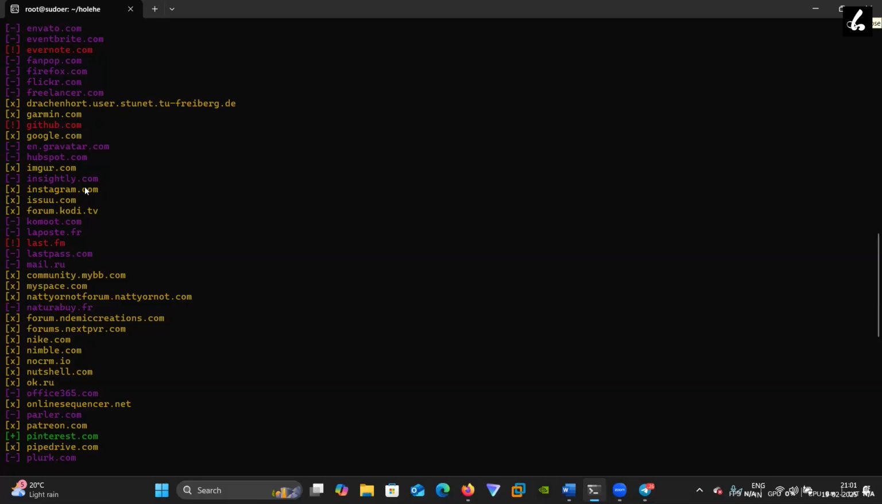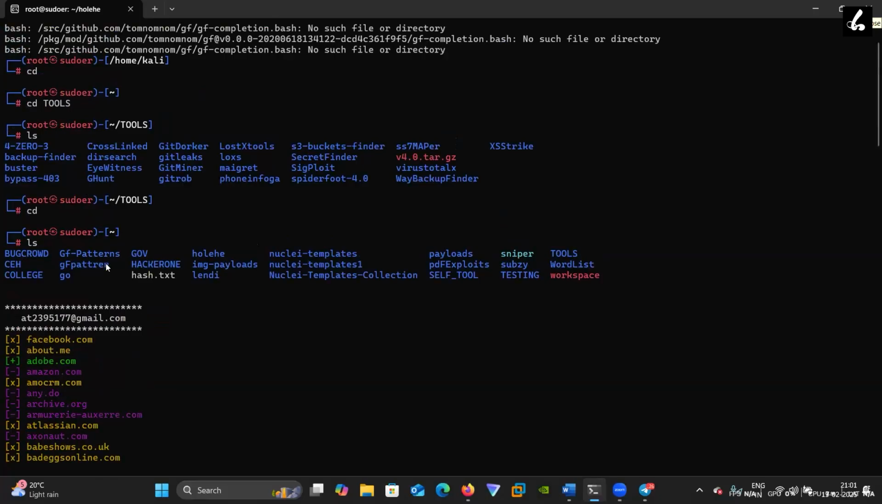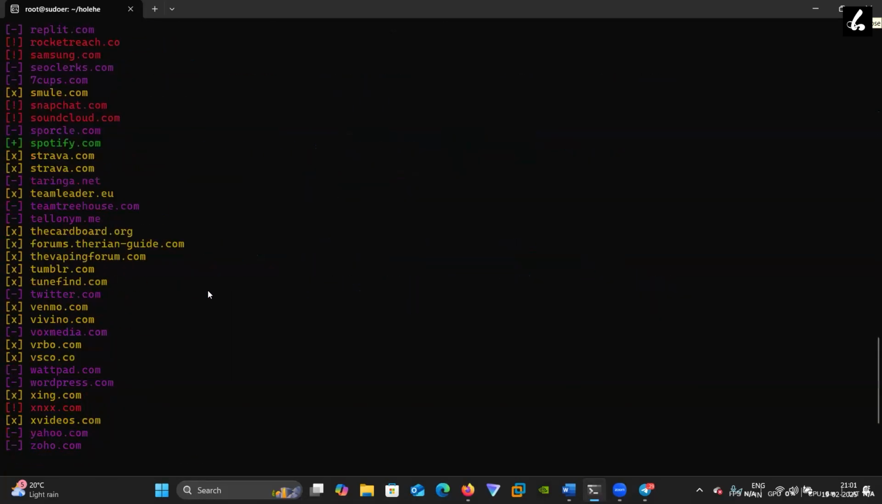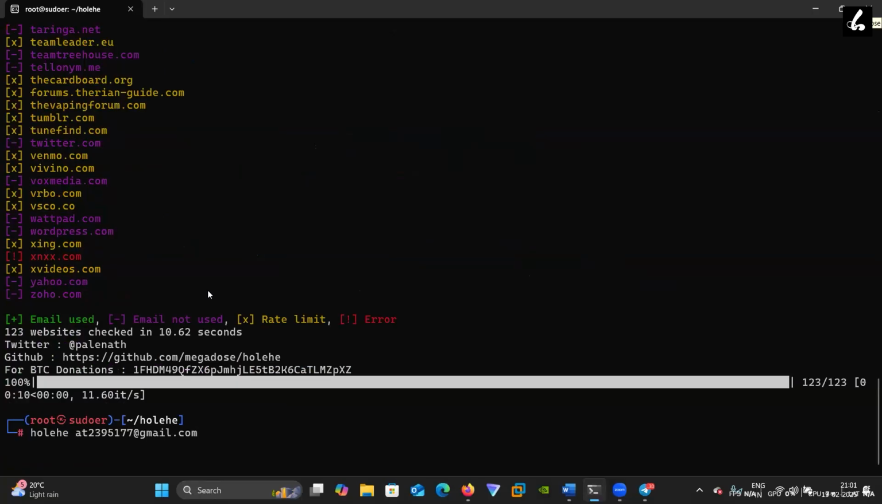What's the name of this tool? We will provide it later. Is this still Whois? Not Whois. These are the other tools like you see here. The tool's name is Holehe. So basically, like you said, it provides all the platforms